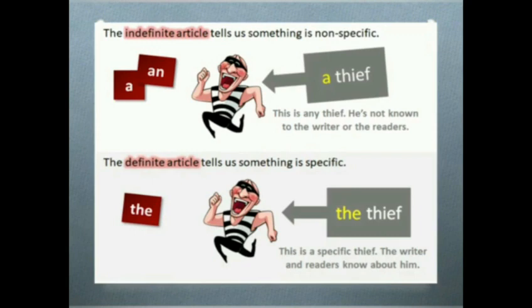Here are a few examples to make it more clear. As you can see in the 2 examples, the indefinite one is given as a thief and the second, definite, is given as the thief. So the difference is that the indefinite article a talks about non-specific, general things, whereas the definite article talks about something which is specific and unique. A thief is general, but if we say the thief, it is some specific thief. Okay, we will make it more clear. When we use a and the, we are really telling a lot about the noun.